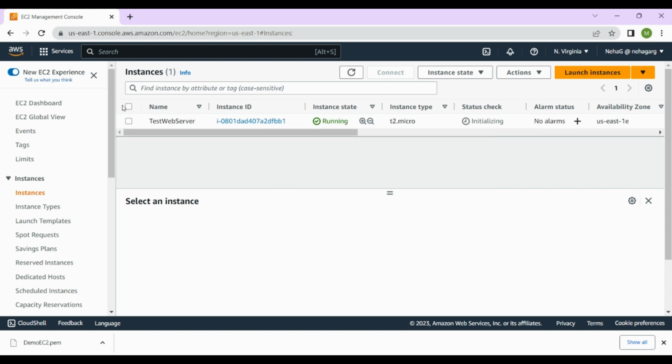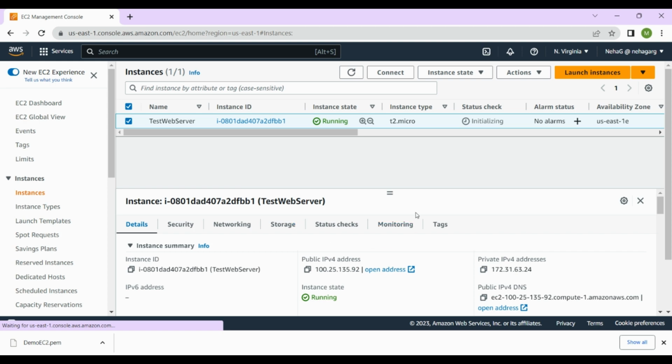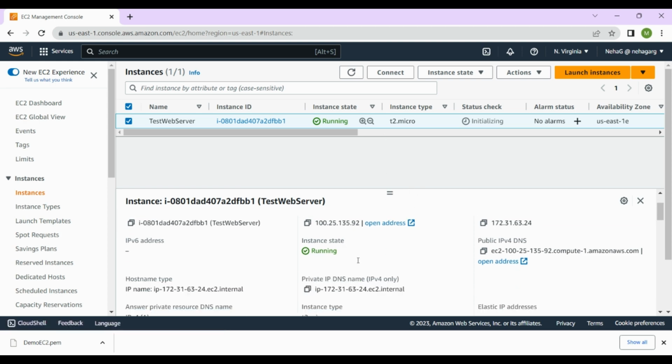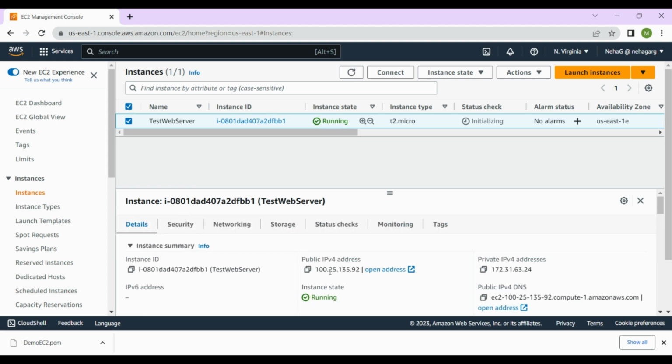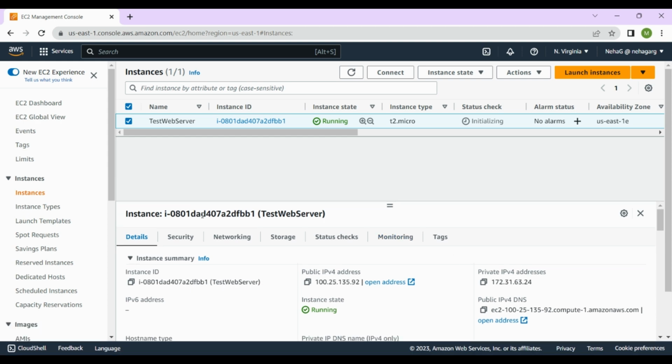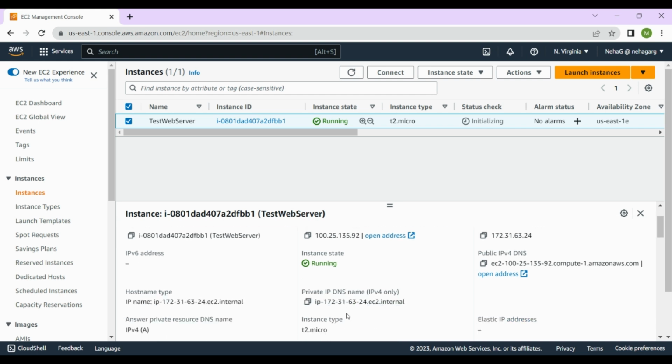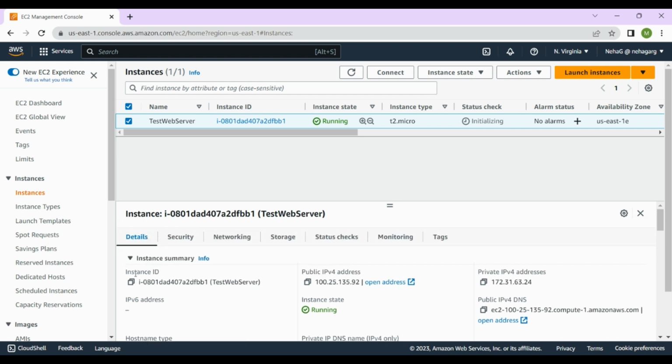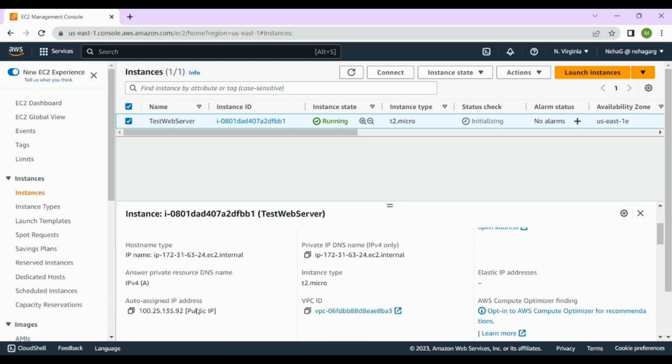So our EC2 instance has been launched, and you can check the details of our EC2 instance in this way. Select the particular instance for which you want to check the details. Then you will be able to view the details on the bottom right. Over here in details, you can see that there is an instance ID that is associated with the new test web server instance that we created. There is a public IPv4 address, which is also associated with the new instance that we created,